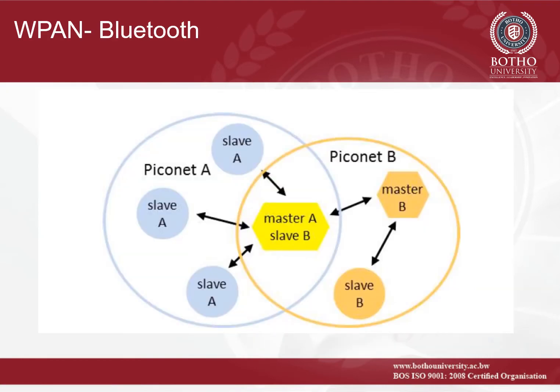Now let us have a look at the Bluetooth network. This is also called a PicoNet and is composed of up to 8 active devices in a master-slave relationship. The first Bluetooth device in this network is the master, and all the other devices are slaves that communicate with the master. This network typically has a range of 10 meters,